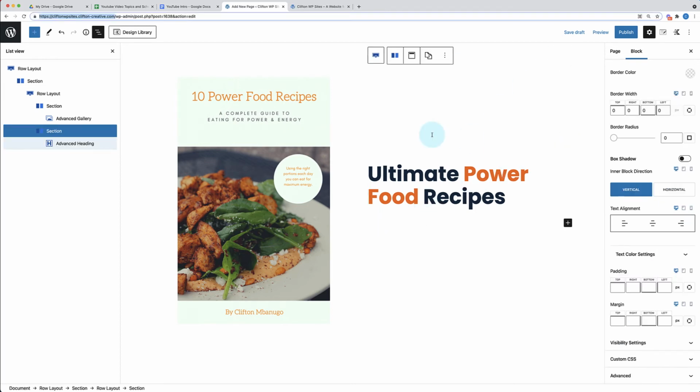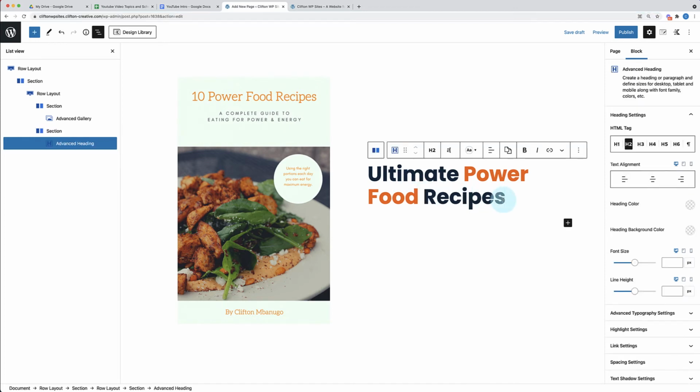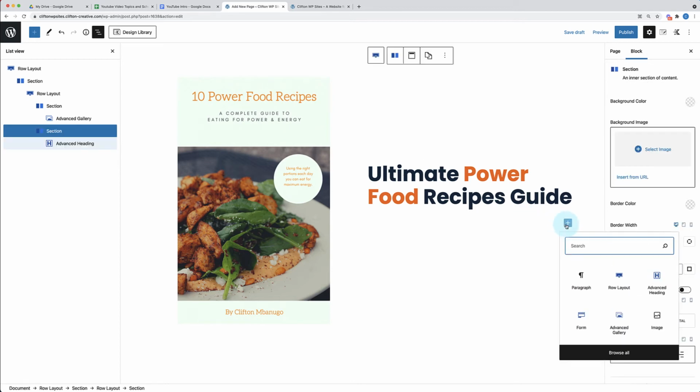Okay, so far so good. So we now have our image on the left. We have some text on the right. We also want to make sure that this is all the text. So this actually has the word guide in it. And then the next thing we want to do is want to add our little bit of text on the bottom, right? So I'm going to go ahead and add